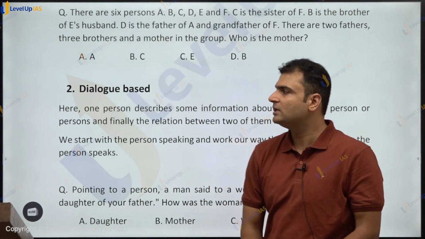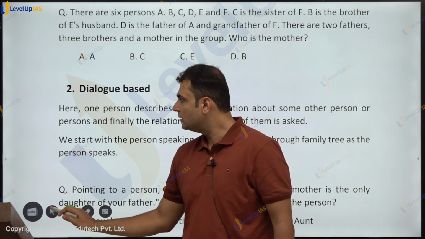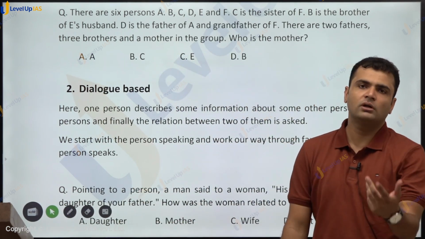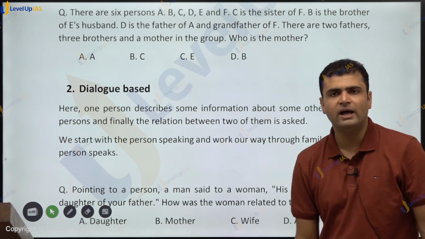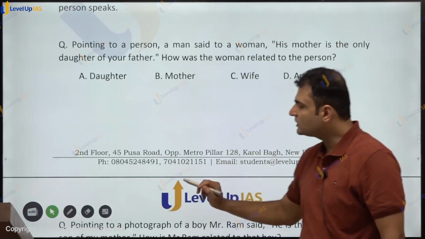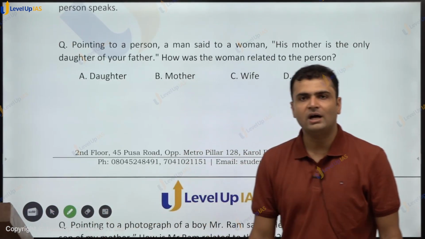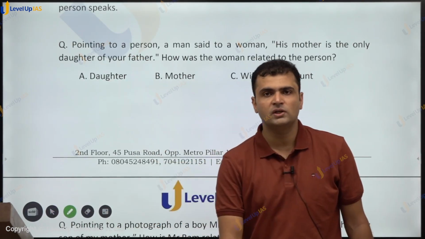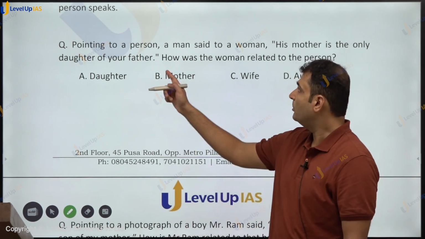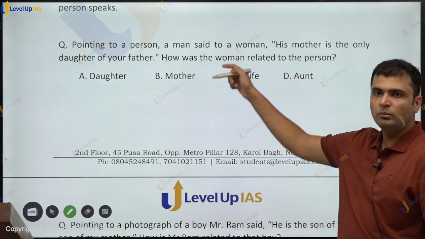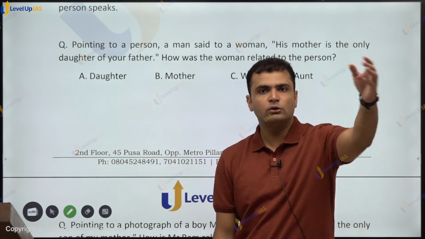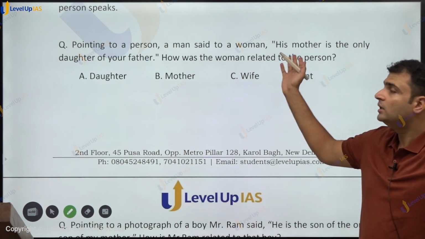Next type of question is dialogue based question. Here one person is describing something about another person, maybe to a third person, and based on that dialogue we have to find the relation by drawing the family tree. In this type of question, what do we do? We start with the person who is being pointed to. A man is saying something. Man said to woman, pointing to a person, his mother